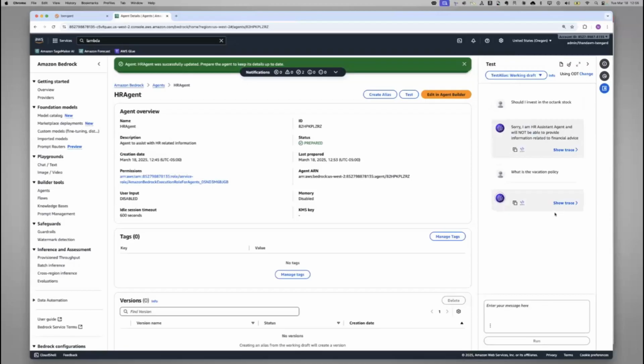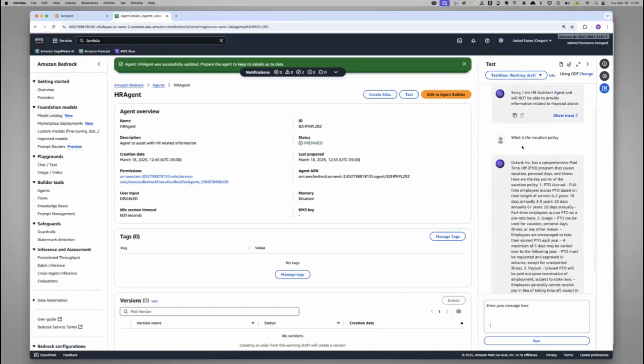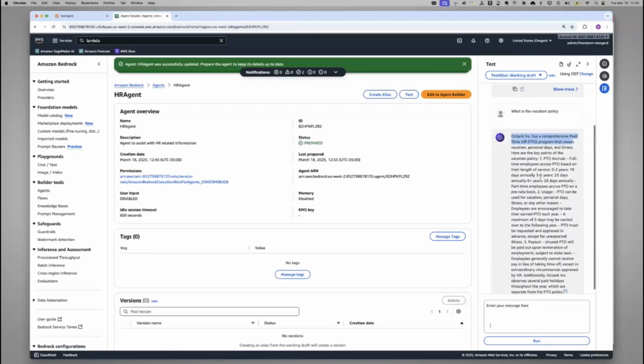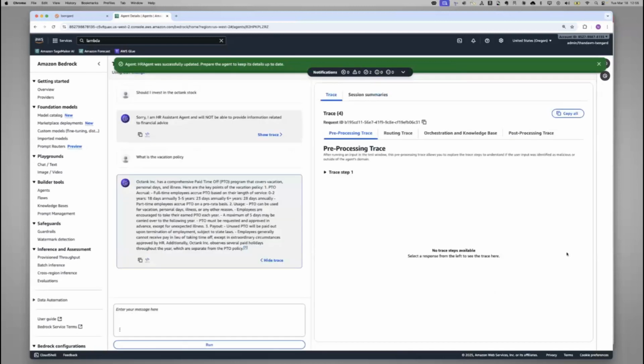Once the action is complete, we can also look at the trace. Okay, let's first look at the response. So it says it has a comprehensive paid time off program that covers and so on. So this is all about the documentation that is already available within my knowledge base. So if I click on show trace,